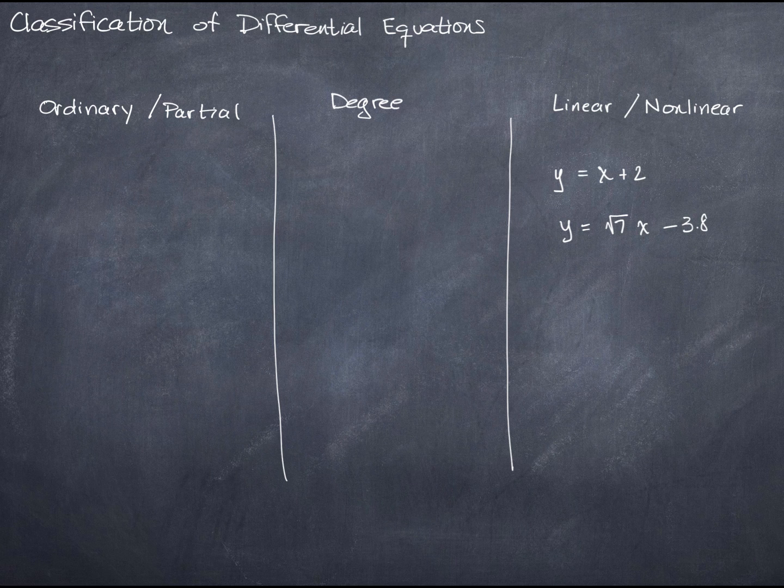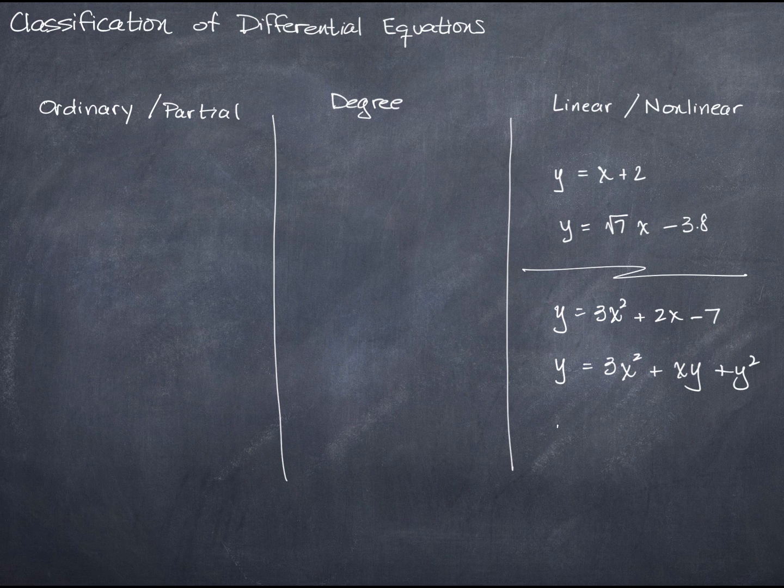When you graph either of these, you get a line, hence linear. A nonlinear algebraic equation might look something like this. Y equals 3x squared plus 2x minus 7, for example. So above the line, we have some linear equations, and below the line, we have a nonlinear equation because the independent variable is squared. We have 2 factors of x in this term. But there are other ways that you can have nonlinear equations. Here's another one. Y equals 3x squared plus xy plus y squared. Now, this equation still only has 2 variables in it, x and y, but there's no way to write this as an equation like this one, y equals on one side and nothing but the independent variable on the right-hand